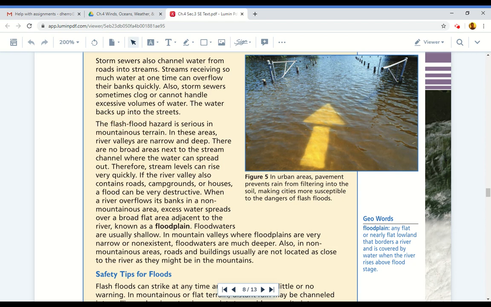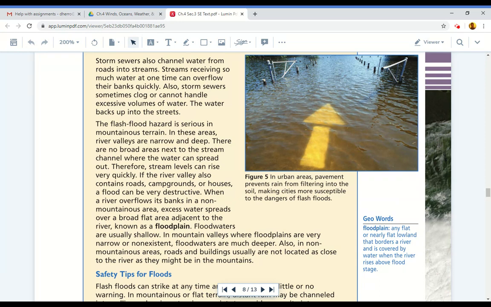The flash flood hazard is serious in mountainous terrain. In these areas, river valleys are narrow and deep. There are no broad areas next to the stream channel where the water can spread out. Therefore, stream levels can rise very quickly. If the river valley also contains roads, campgrounds, or houses, a flood can be very